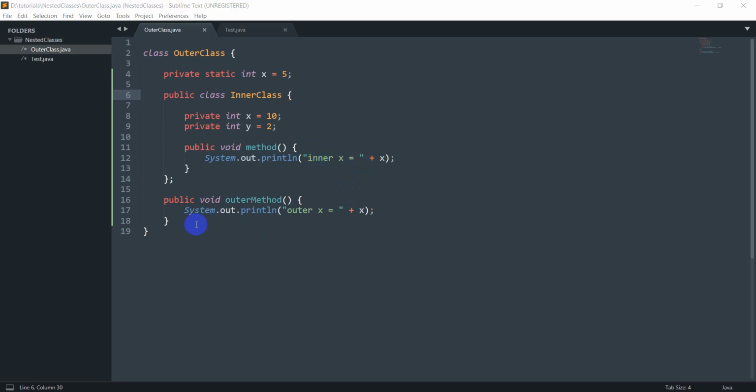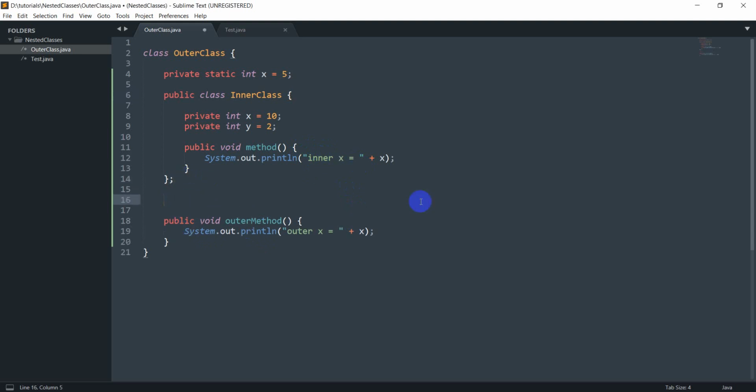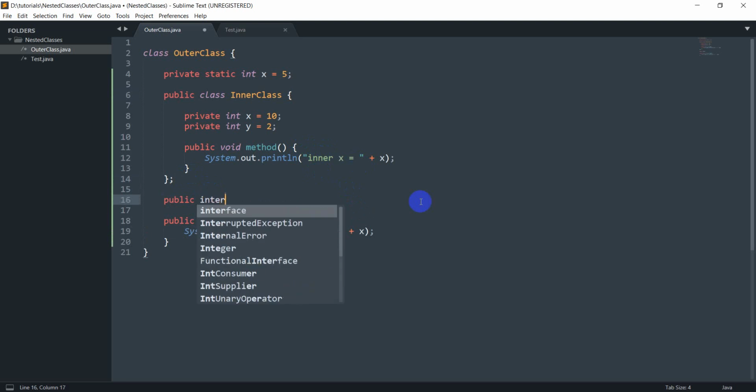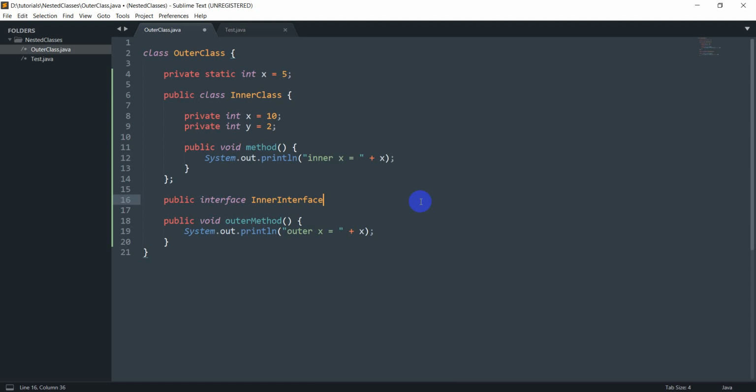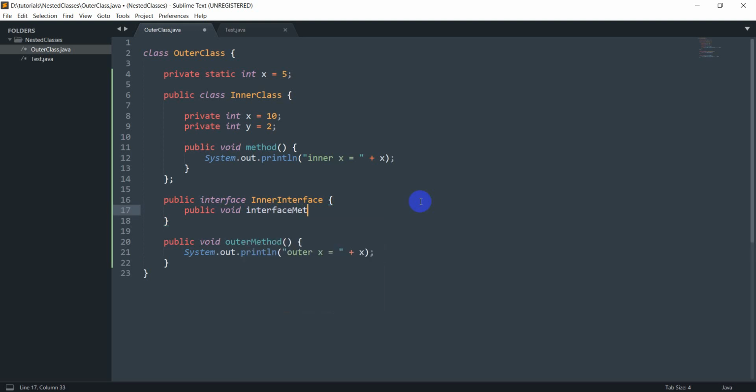And one last thing that I want to show you is that I can also have nested interfaces. So I can do something like public interface inner interface. So interfaces which are nested inside of classes or other interfaces, even that's possible. Those interfaces are called inner interfaces or nested interfaces. So here I can have something like a public void interface method, let's say,